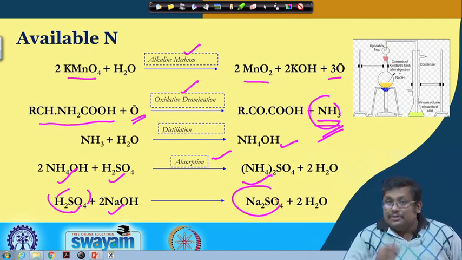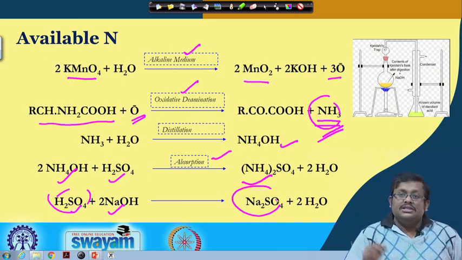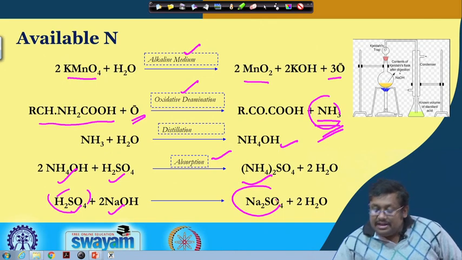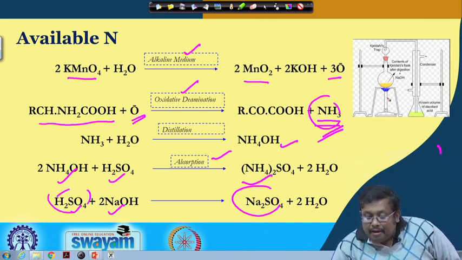Now this method is also known as the Kjeldahl method, and this total process we execute through a Kjeldahl flask or Kjeldahl assembly. You can see here, this is a round bottom flask, which we call the Kjeldahl flask, and in this flask we first take the soil sample, and then we mix it with potassium permanganate and sodium hydroxide, and then we heat it. Ammonia is produced, this ammonia gets condensed within the condenser, and ultimately it is absorbed within a known volume of a standard acid, in our case H2SO4.